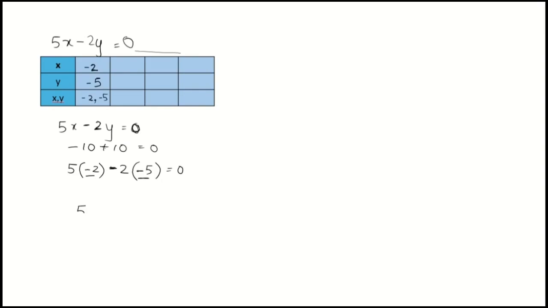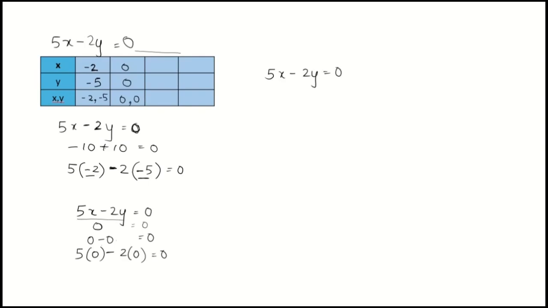First we will write down the equation now. 5x minus 2y is equal to 0. We can also say this total we should get as 0. This 0 can be written as 0 minus 0. How to write the 0 minus 0 in the form of equation? 5 into 0 will give us 0 minus 2 into 0 will give us 0. So here x is 0 and y is 0. 0 comma 0. Okay, this is very easy.